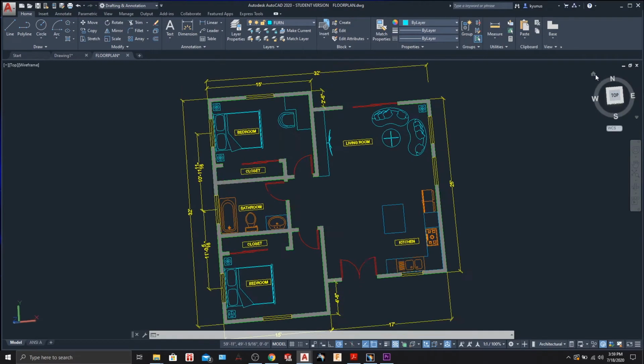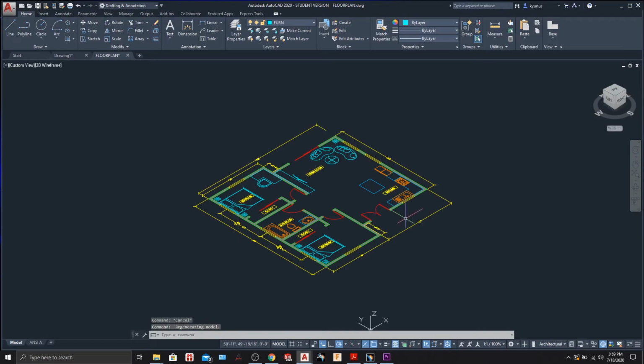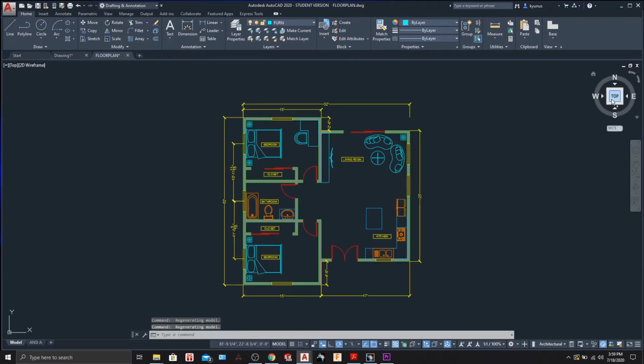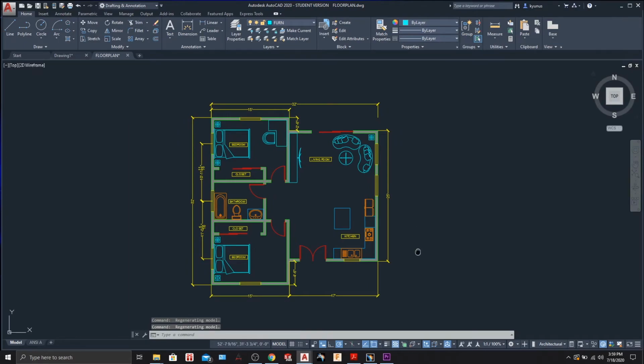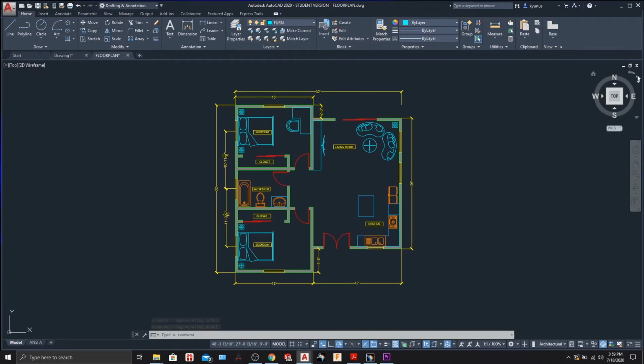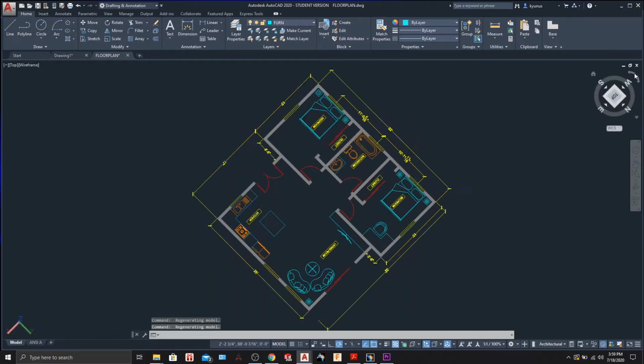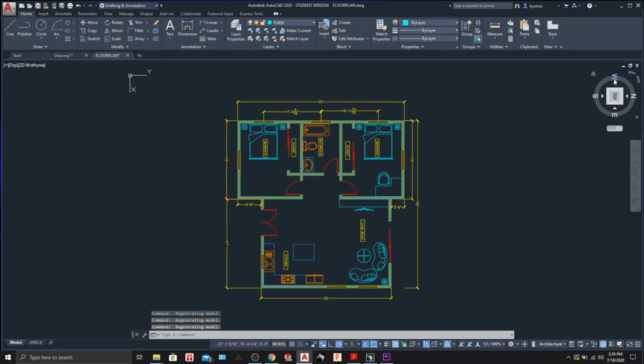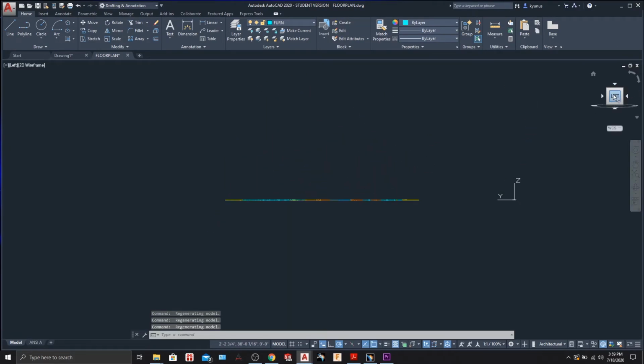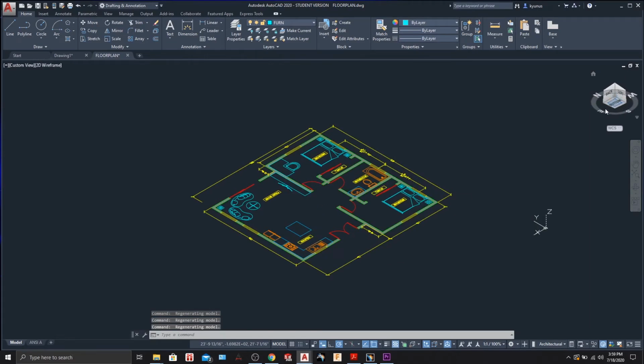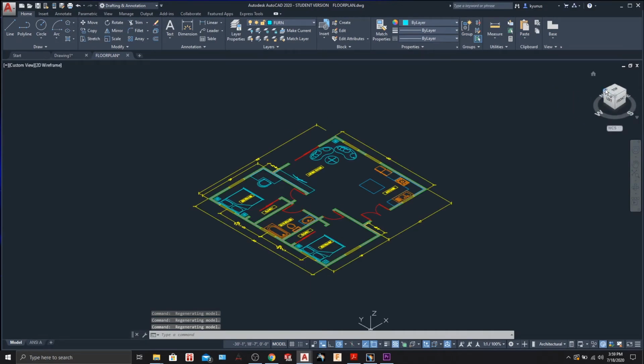If I go to home, it will take me to a default isometric position. If I want to go back to my view, I can click on top, and that's my view for right now. Now also you can rotate this using these arrows. You can change your views, let's say go west, go left. So you can click on these corners to get an isometric view, and we don't want it since we don't